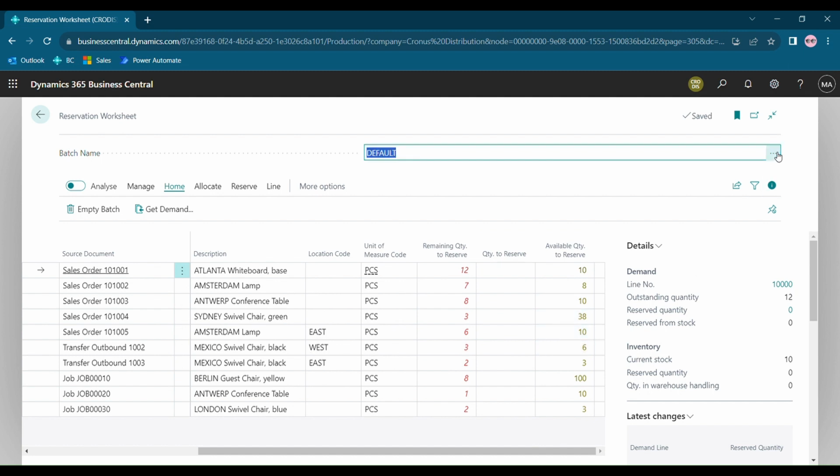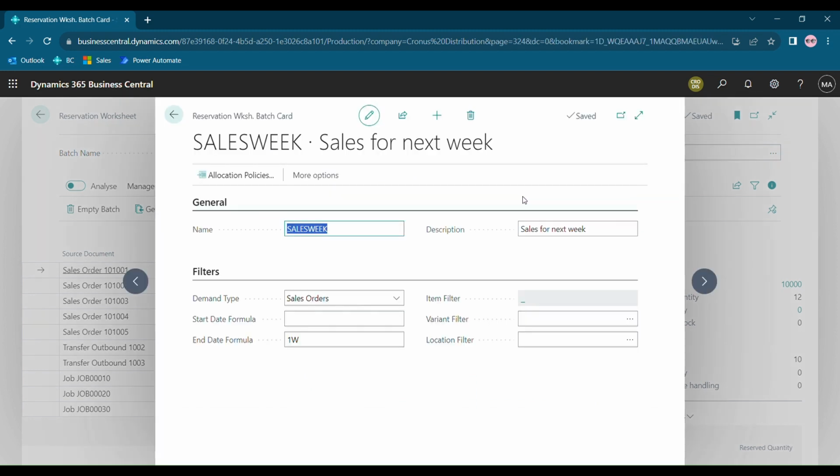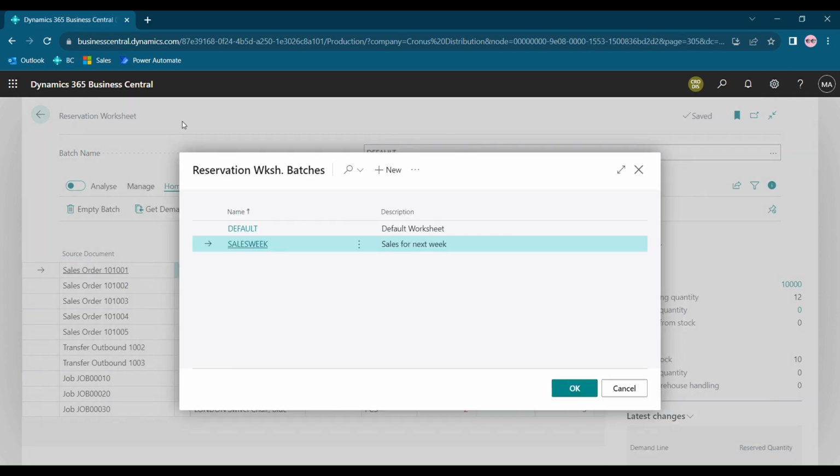I've also set up an additional batch which is called sales week, and if we have a quick look at that, we can see that this is only going to look at sales orders, and it has an end date formula. So this is how far in advance it will look for documents that it needs to reserve against. So in this case, it'll look for any sales orders that are due to be shipped in the next week and pull those through. So let's go and select that batch,